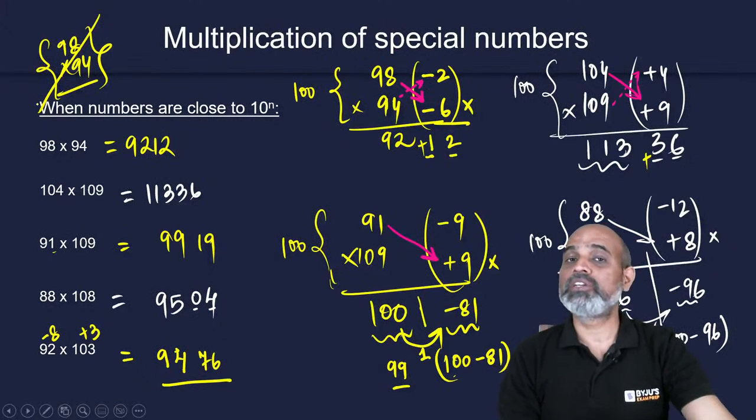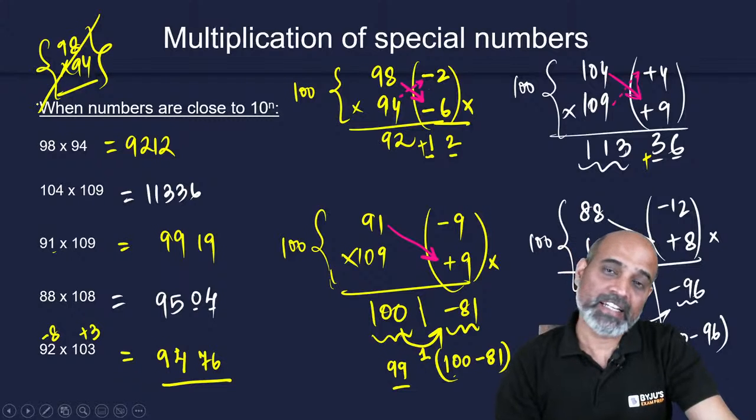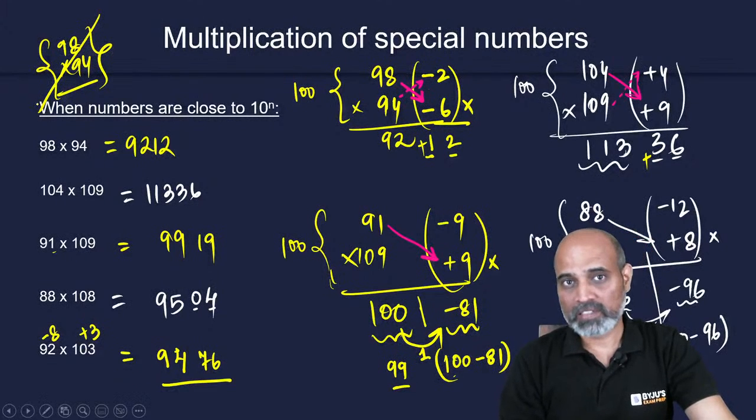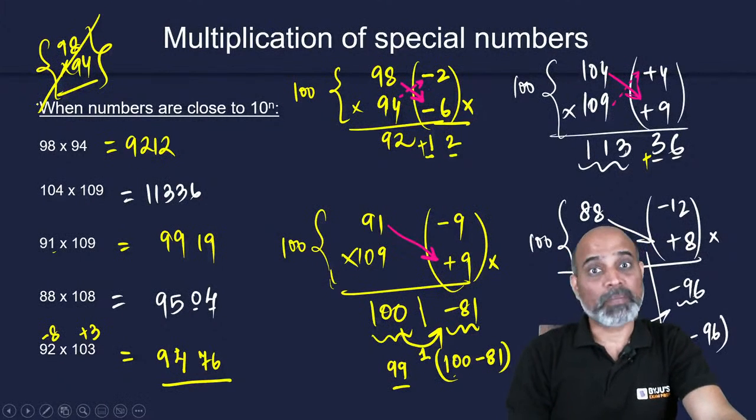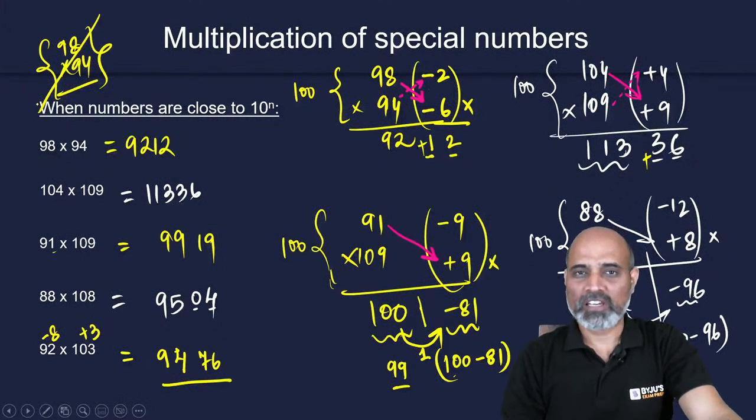If I try to learn what is 10,019 into 10,021, they both are close to 10,000, I can use this approach. तो वो ठीक है, बढ़िया, अच्छी बात है कि मेरे को सॉल्व हो गया, पर वो किसी एग्जाम में आया है आज तक, या आएगा? 5 डिजिट नंबर्स का प्रोडक्ट कोई क्यों पूछेगा? That doesn't